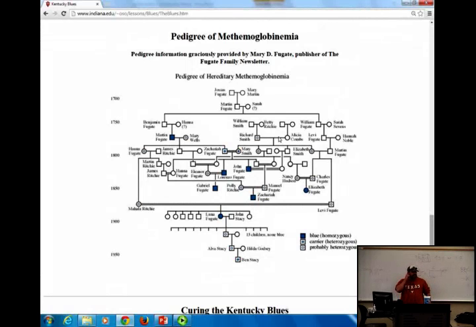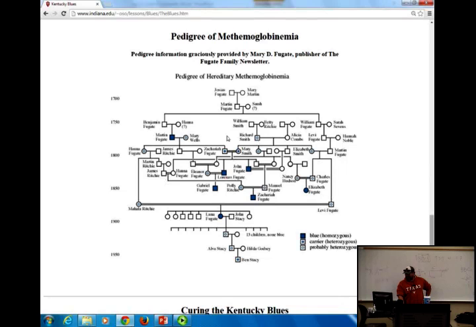Why is that allele fixed in their family? How many incidents of inbreeding do you see? 1, 2, 3, 4, 5, 6, 7, 8, 9. So quite a lot of inbreeding going on in here.